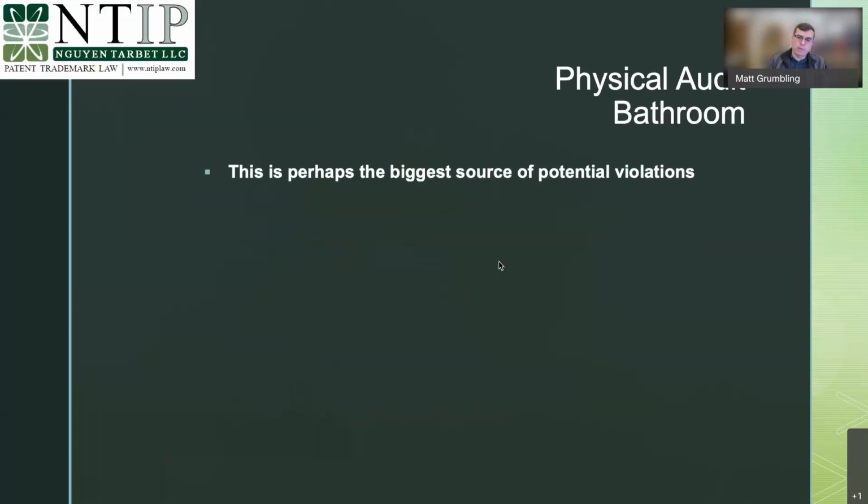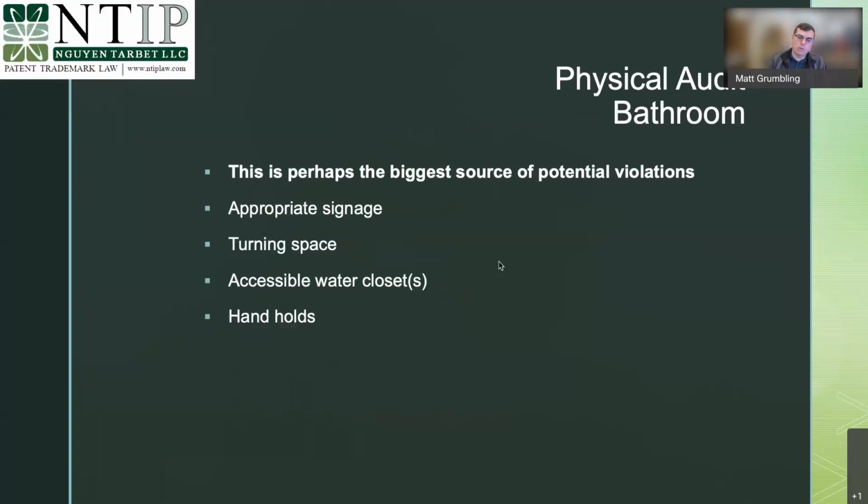The bathroom is, like I said, one of the biggest violations. It's sort of the heart of darkness for these ADA suits. You need to really spend some time in there. Appropriate signage, turning space, accessible water closets, handholds, mirror, lavatory, hooks, shelves, etc. All of these things they have